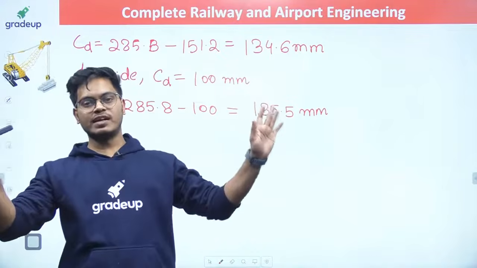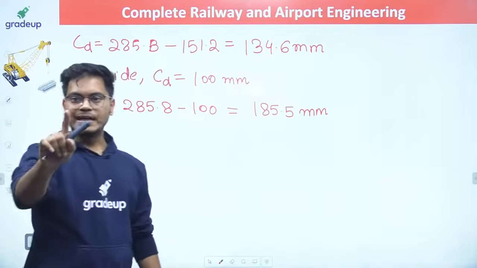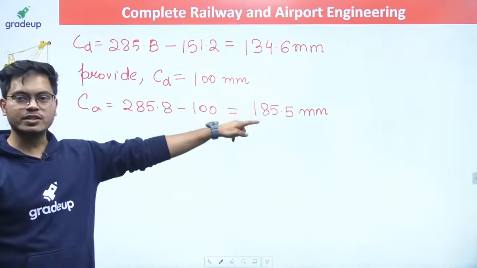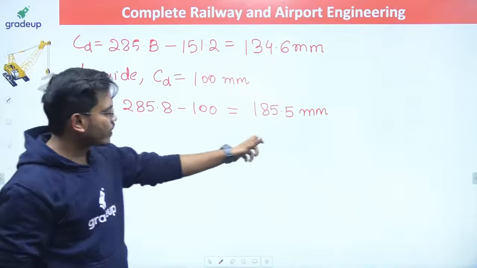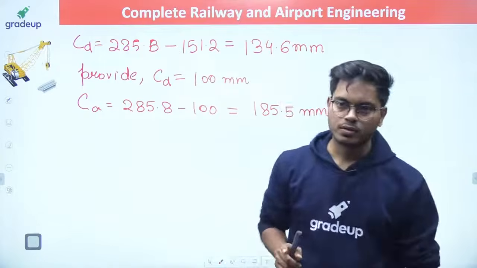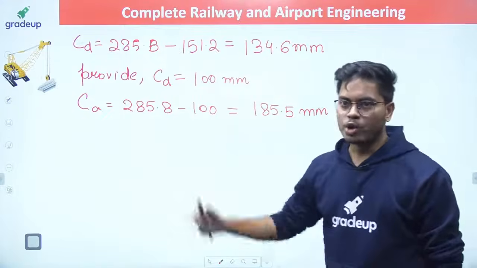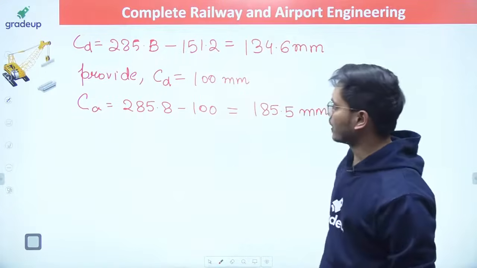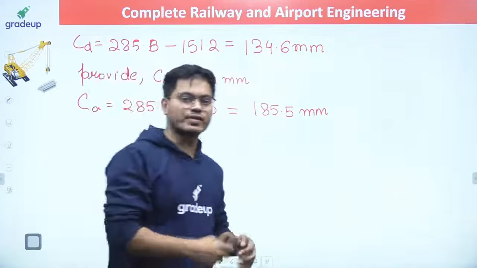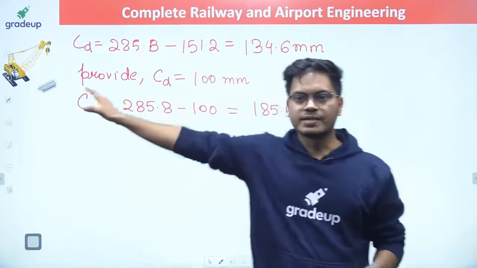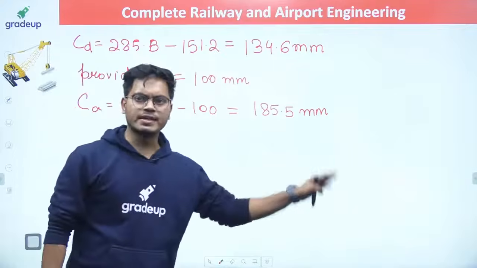Now CANT deficiency is under limit. Are you happy? Yes, you should be, because I am. Clear, everybody? Anybody have doubt till this point? Ask. If I provide 185.8 mm of actual CANT, then I can have 100 mm of CANT deficiency, because after getting 100 mm of deficiency, I can accommodate the train which is moving with sanctioned speed also. Correct? Divya, very good. Nivedita, very good.